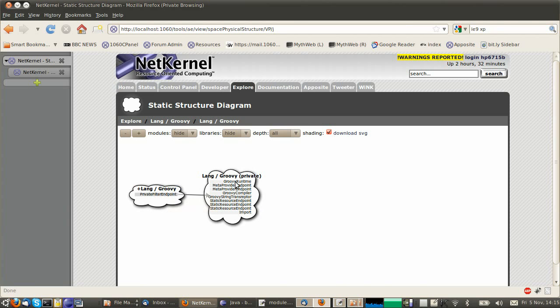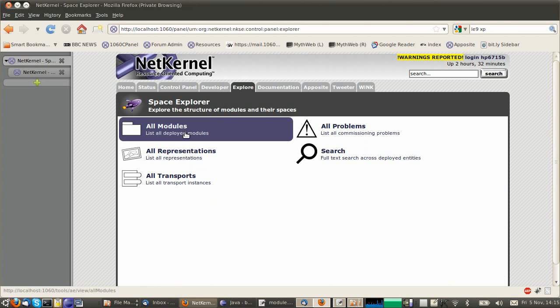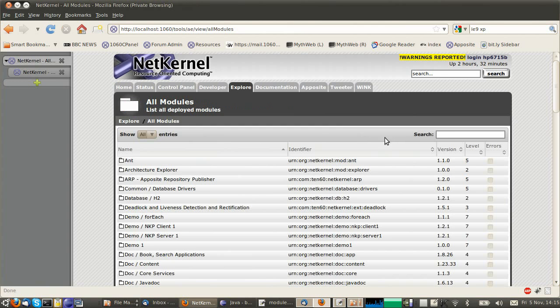We can see though that there's a Groovy runtime, etc., etc. And again, we can click on and see references to the space details, and that takes us back the full circle to where we came from. Okay, so returning back to my demo,